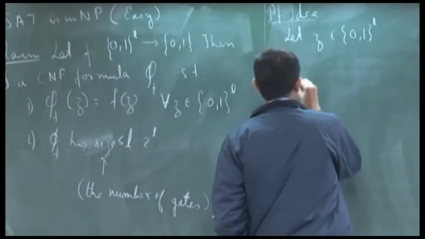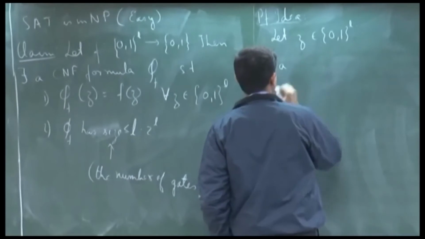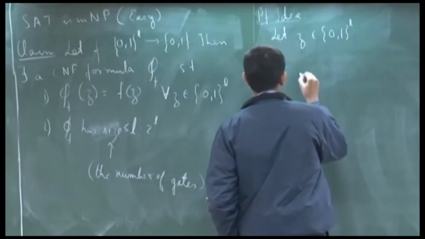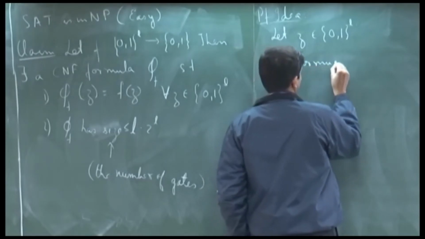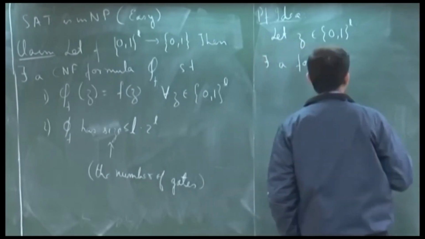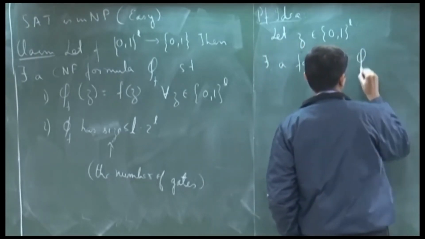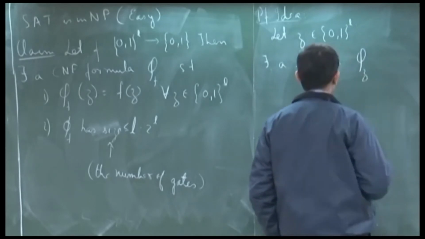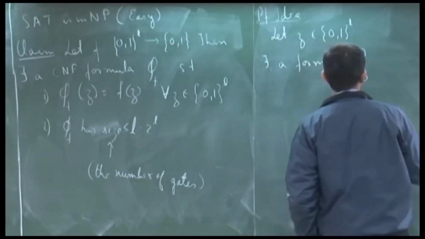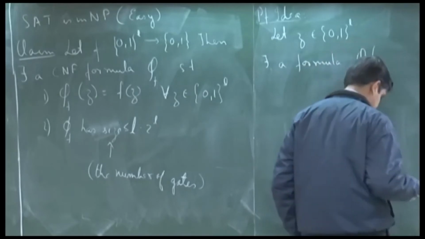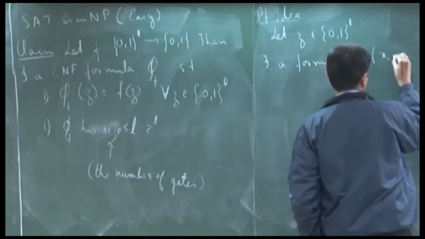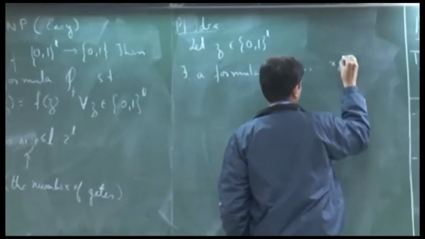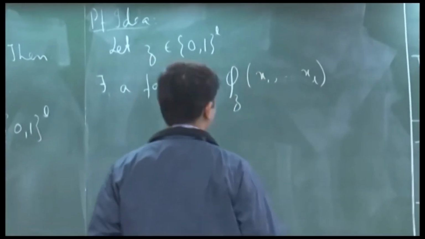There exists a formula, let me call this phi subscript Z, on L variables, let us say from x1 through xl,